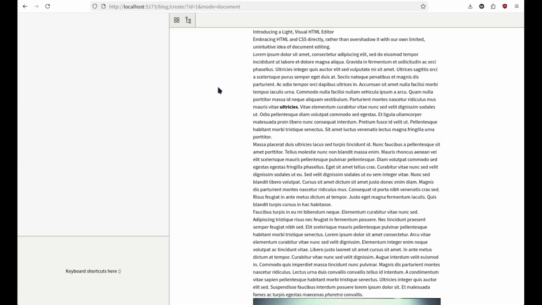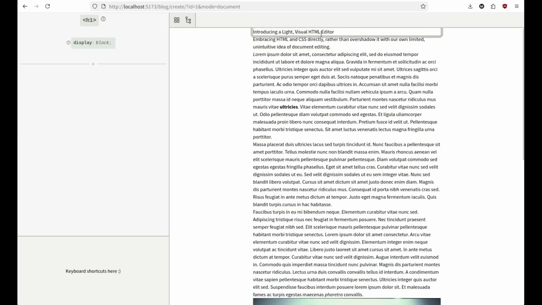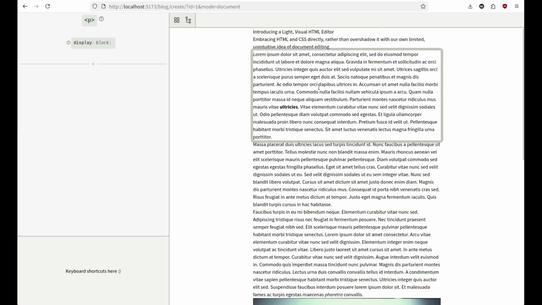I will now demonstrate the features of the document editor. To start, we have a document which has elements, HTML elements. They have default styles associated with them. By hovering over the elements in this document, there's an outline around them. And I can see on the left-hand side the properties associated with the element